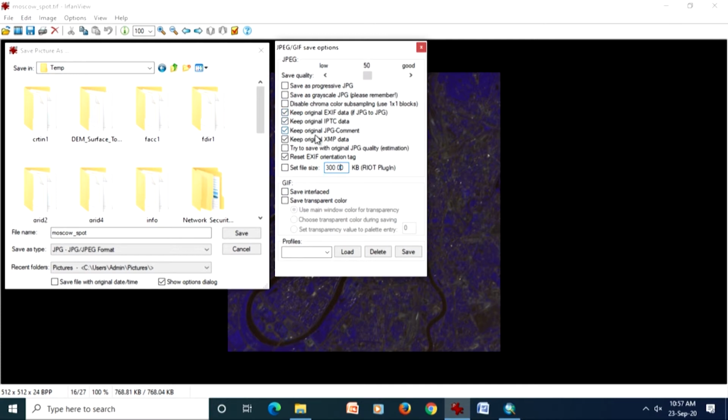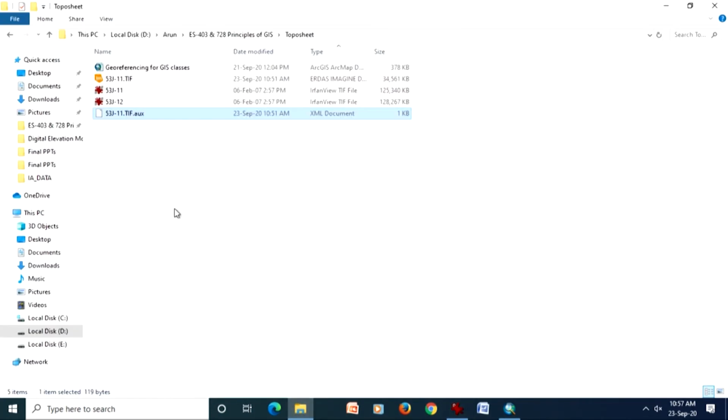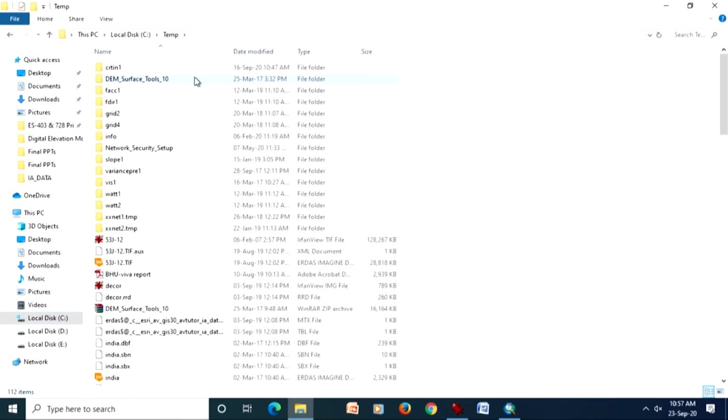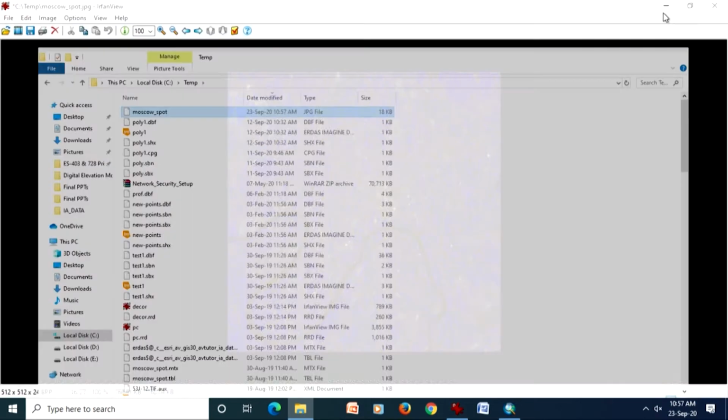Then accordingly it will decide, and you see keep original JPEG file, IPTC, several options are there which you have to explore depending on your requirements. So if I go for this one, this is what it will do, and I have already changed that one, and here I can save that file into a temporary folder, and the file saved in the temporary folder definitely should have a very small size, which is just 18 kilobyte. So I said not exceeding 300 kilobyte, it has reduced that file to 18 kilobyte, and it is in JPEG. So this provides a compression tool.